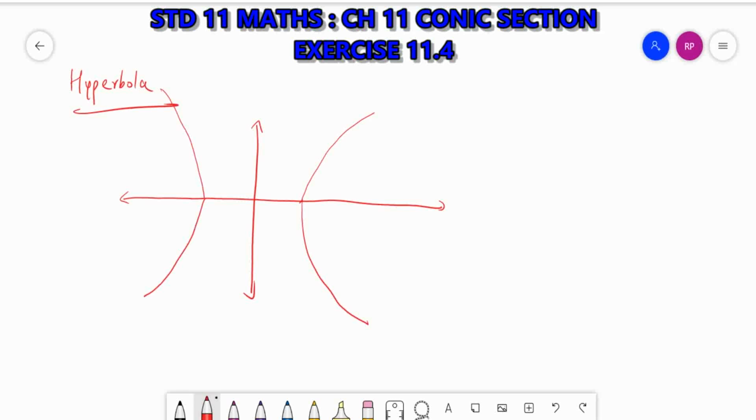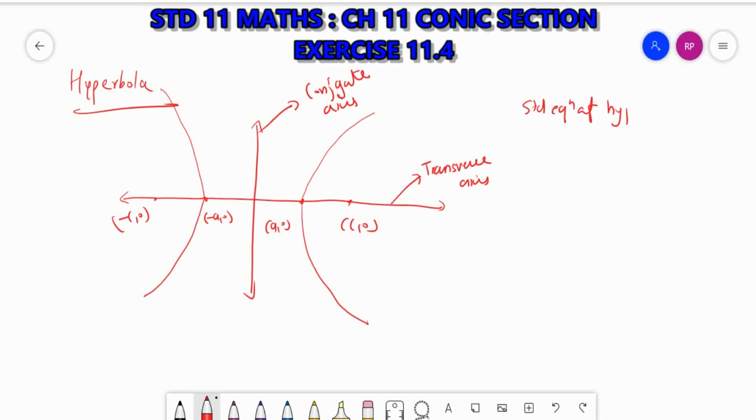Okay. So, here the vertices will be A0 and minus A0. Okay. The foci, C0 and minus C0. Okay. Remember, this is the transverse axis. And this y-axis here is called the conjugate axis. Clear? The standard equation of